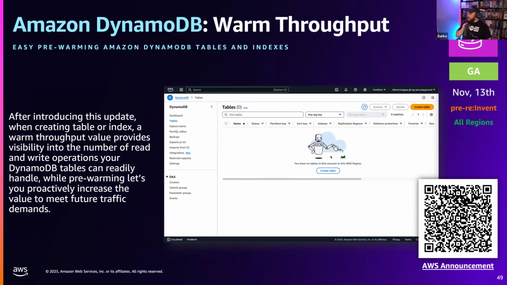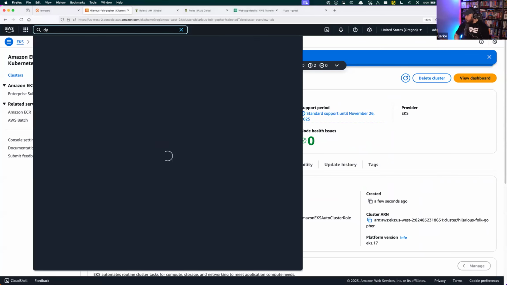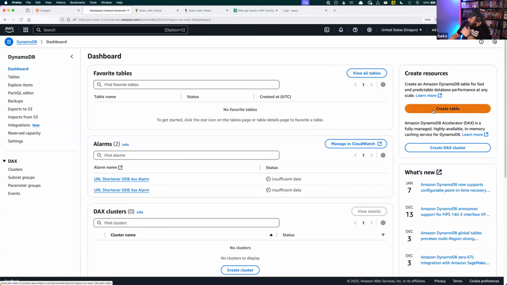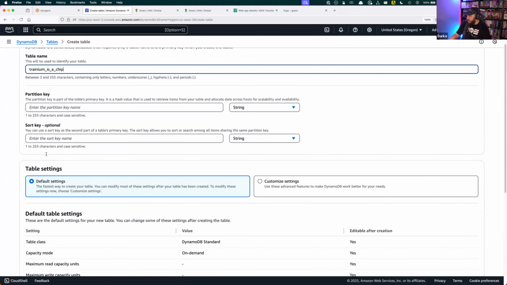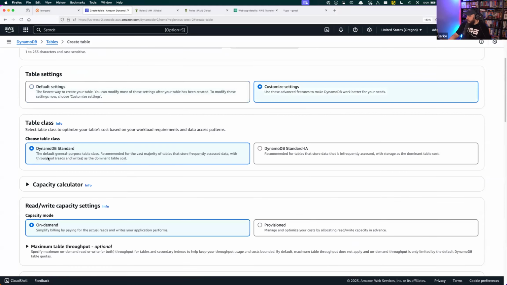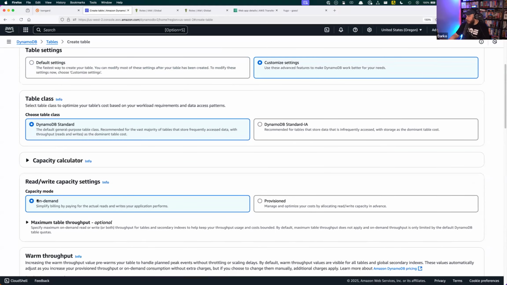DynamoDB warm throughput. This came at pre re:Invent. It's kind of a little thing, and I'm going to show it to you for it to make more sense. So if I go to DynamoDB, and I go ahead and create a table, and I'm going to call it Trainium is a chip. And during the creation of this one, if I select, let's do ID. If I select customize settings and I use table class standard and on-demand capacity, so specifically for on-demand capacity, I can